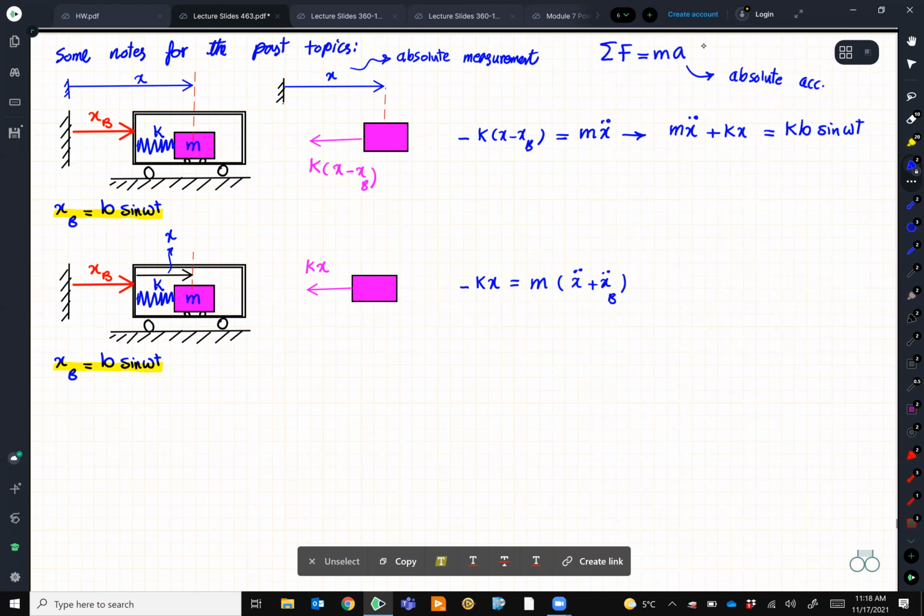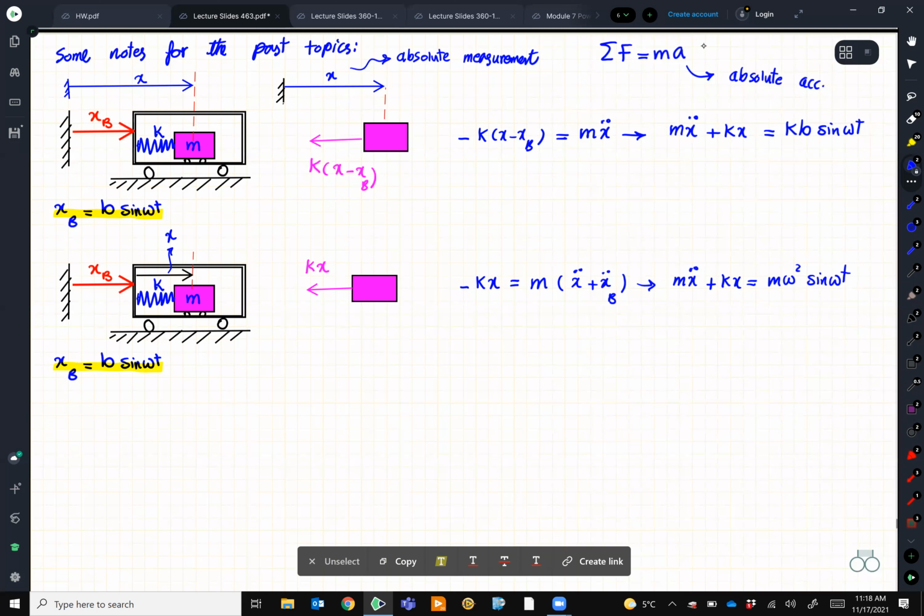So it sees that it moves with x plus xb. So your absolute acceleration then is x double dot plus x double dot b. So simplify that equation, you will get m x double dot plus kx is equal to